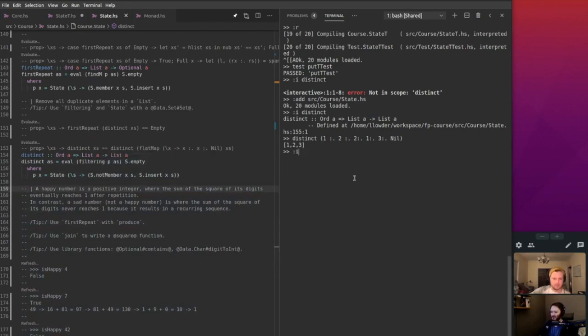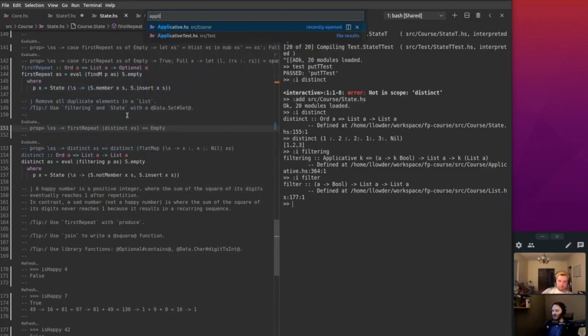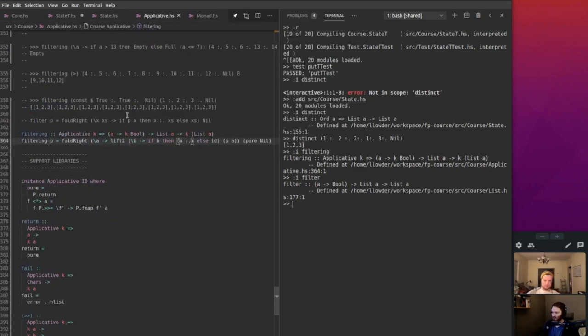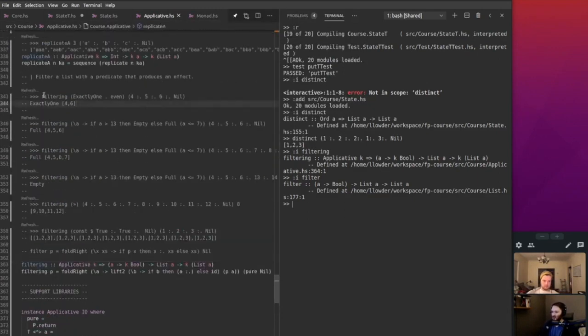Maybe I should look at filtering. Listed A. So filter should be pretty obvious. Filter just takes a predicate and a list and returns the elements that match the predicate. Filtering has some kind of effectful predicate. Right. So if we go to applicative filtering, like a filtering